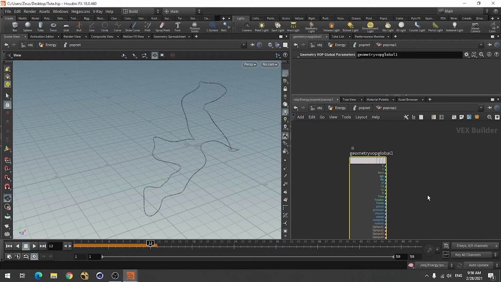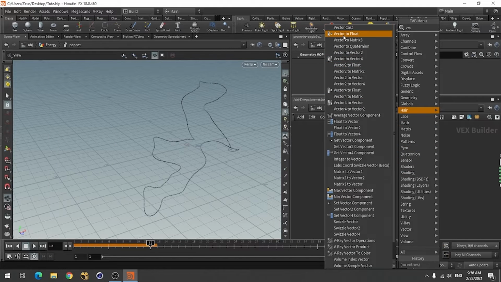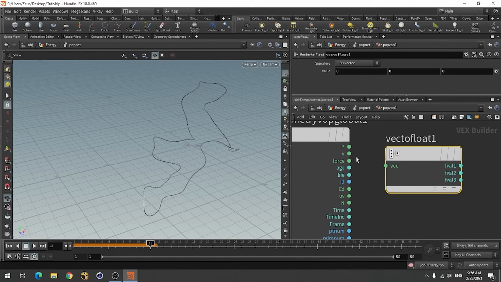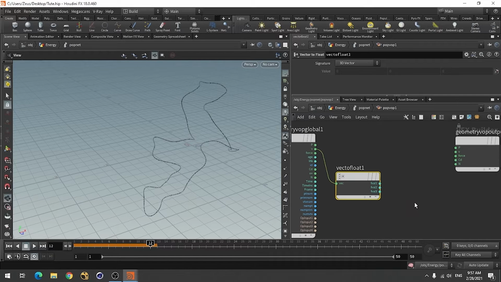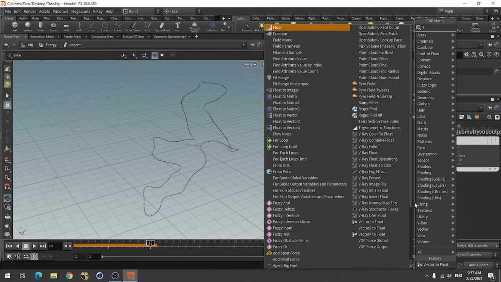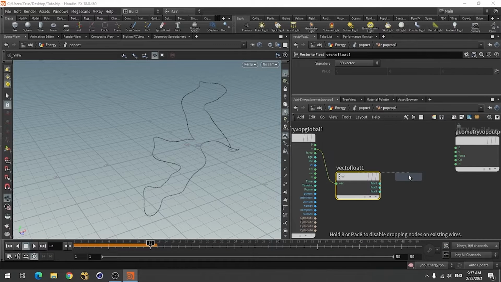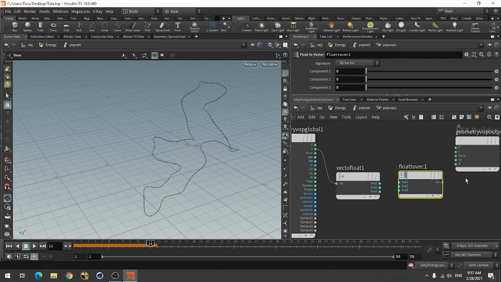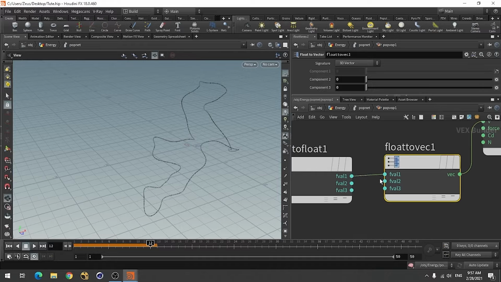For this we are going to use vector to float to break all the variables, then use float to vector, then connect to V. For this we are going to use X and Y. We don't want the Z component. So now if we see this,